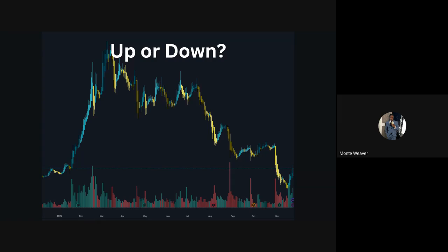If I was to put a line through this chart, in what direction is the price actually going? Is it going up or down? Right? So you guys see more yellow. So we already know that this chart is going down. So should we be going long or should we be going short? Short. Exactly. We already know if we should be going long or short.